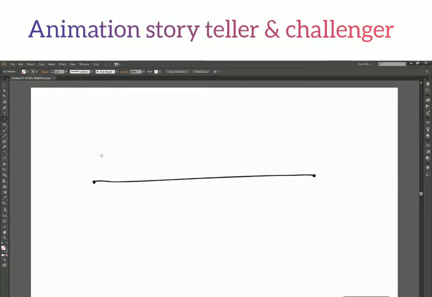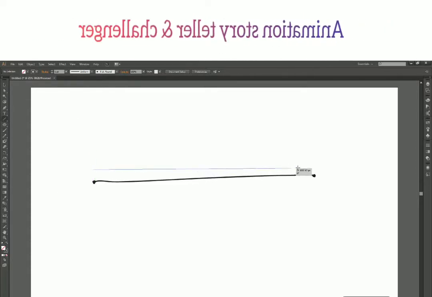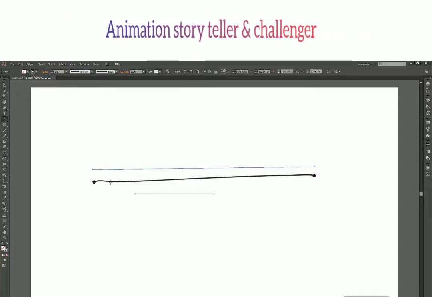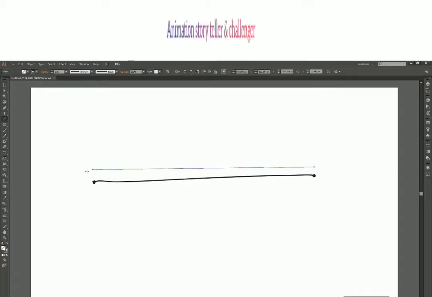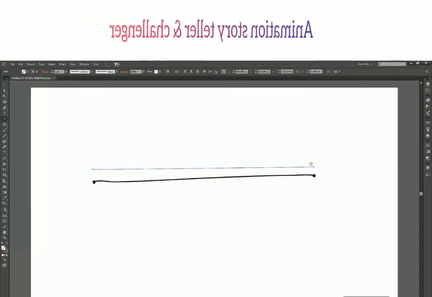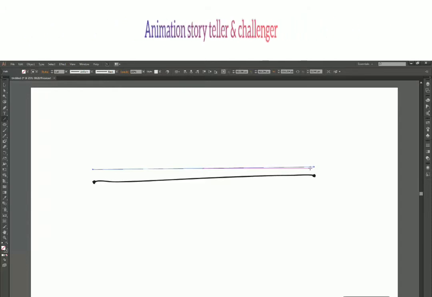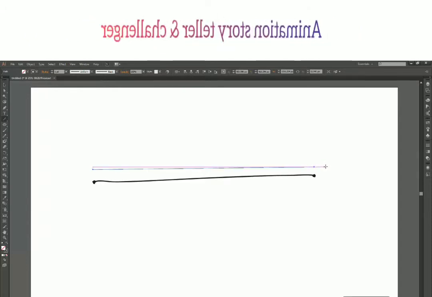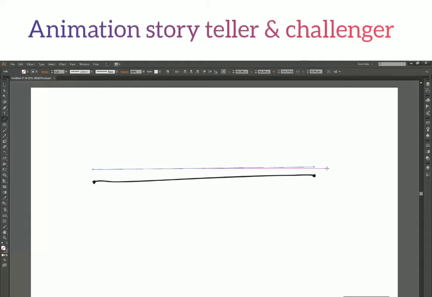And the same thing applies in Illustrator also. When you create a line in Illustrator, you get these 2 points at the end. These are called the anchor points. And this is the connection between these 2 points. So this is called the line. Now you can actually create so many shapes and so much artwork using the line segment tool itself.